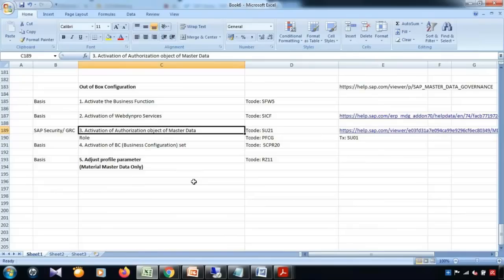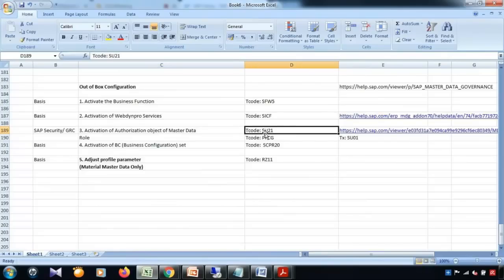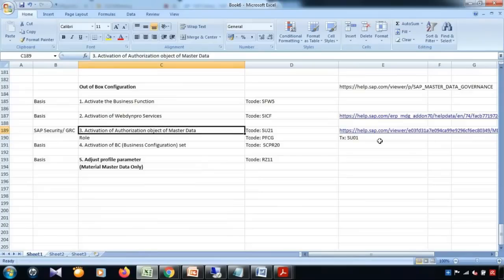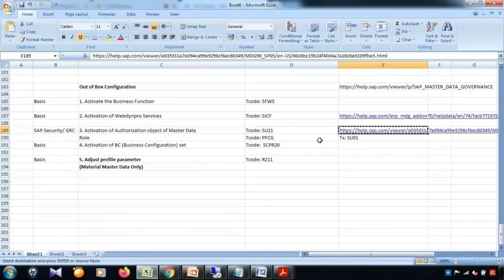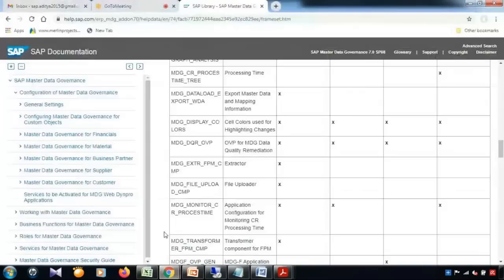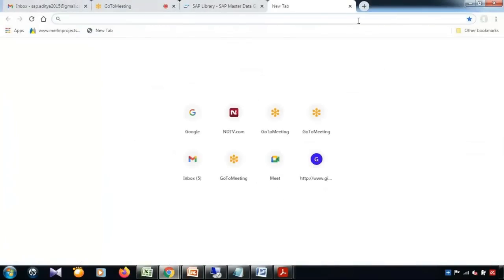So you will require different types of authorizations. And how will you access that? By using the transaction SU21, this particular transaction. And who will maintain this? SAP Security or GRC team. Okay. So again you have some list that you need to follow. Here, if I quickly see that,